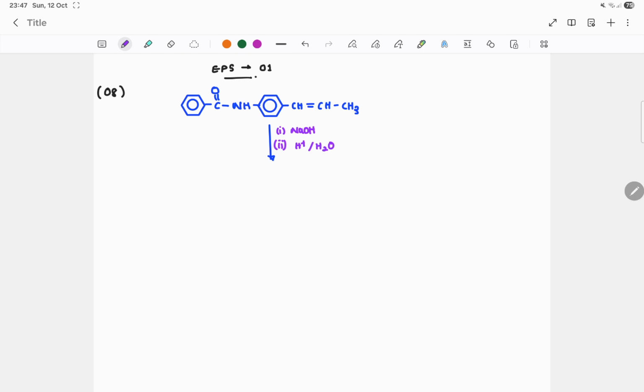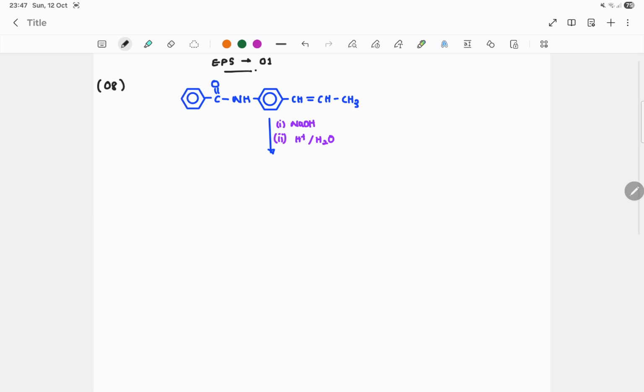Okay, now I'll explain the theory here. Now when NaOH is added, this is the compound. This is a rough diagram, so I'm just writing it faster. When NaOH is added, this NaOH,